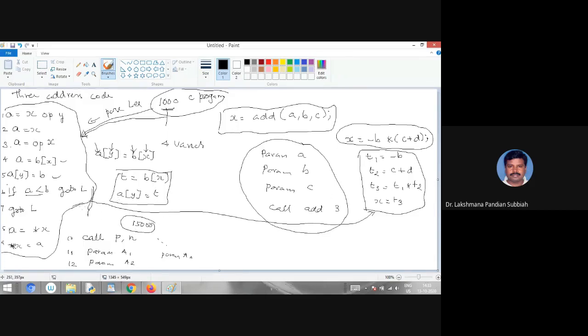Now this intermediate code can be mapped to an assembly language program, then this assembly language program can be mapped to a machine level language program, and then this machine level language program can be executed on the machine, right?